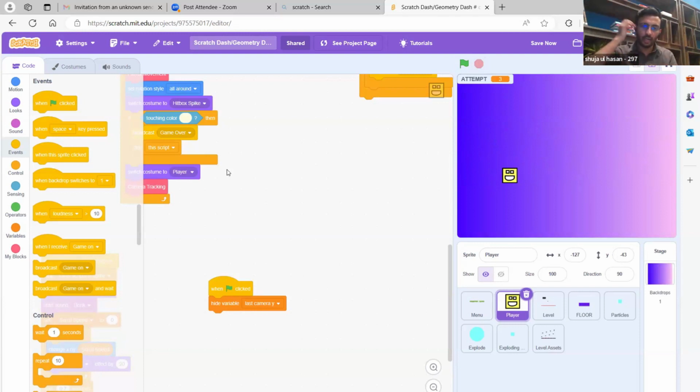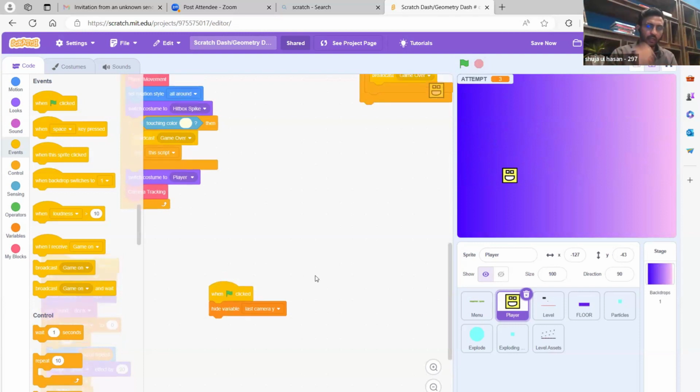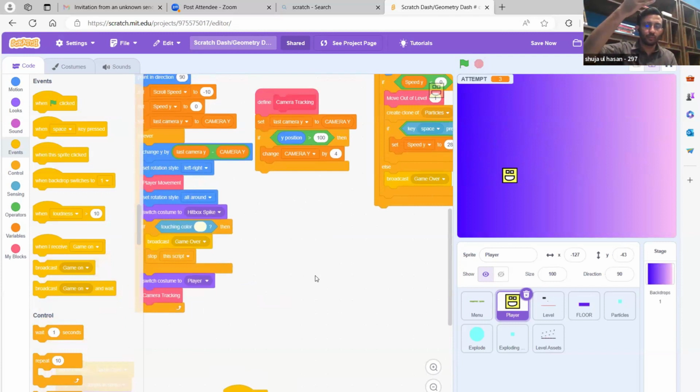Okay, so since we know that there isn't actually a 3D camera over here, how do you move the scene up or down? If the background would move down, then it would look to us that the camera has actually moved up. It's kind of like that other thing in Flappy Bird, where the Flappy Bird is standing just there and the pipes are moving, but it looks like the Flappy Bird is flying forward. Yes, that's the thing in every Scratch game,